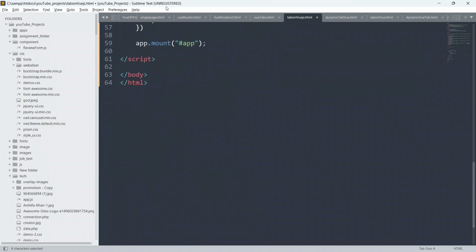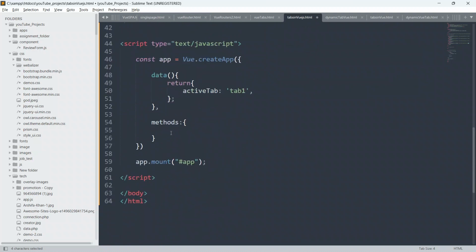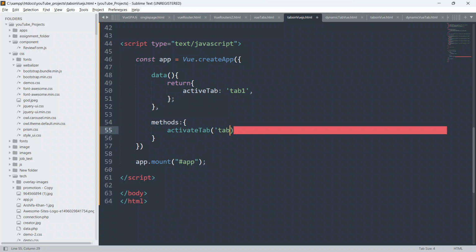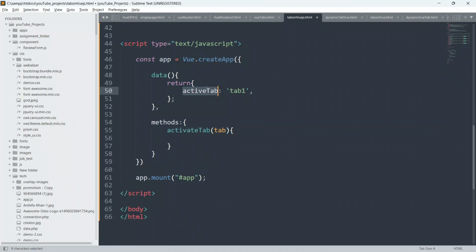So now in the method we will just paste it, and we will pass the parameter as tab, and we will say this dot activetab equal to tab. So now close this. Put comma here, put comma here also, and put semicolon here.